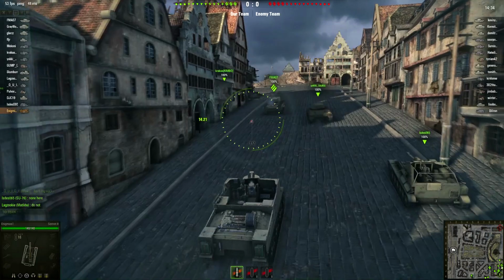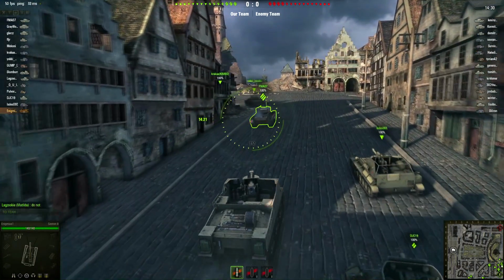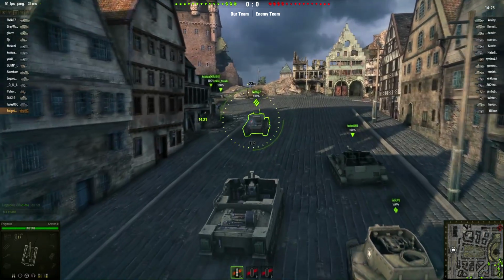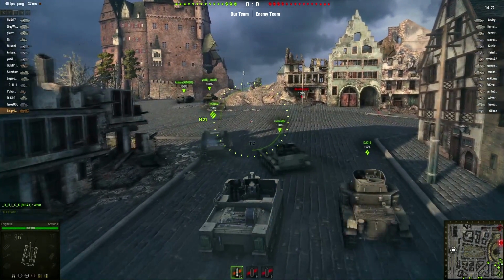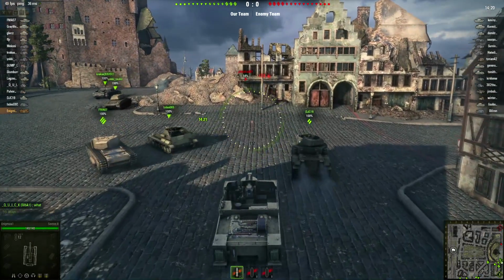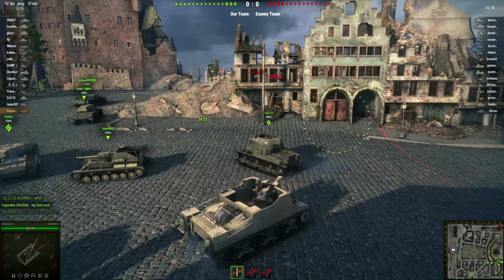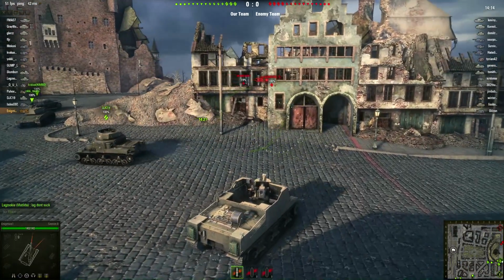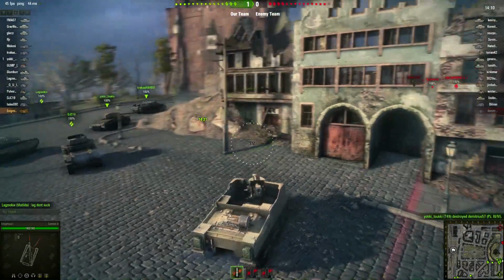So this is actually now 3 tank destroyers and a heavy plodding our way up the hill. Sometimes it's funny when you're in a really, really slow tank and you try and go up a hill like this, because you're almost waiting to hear gears strip and other things shear themselves to pieces. Now you'll notice